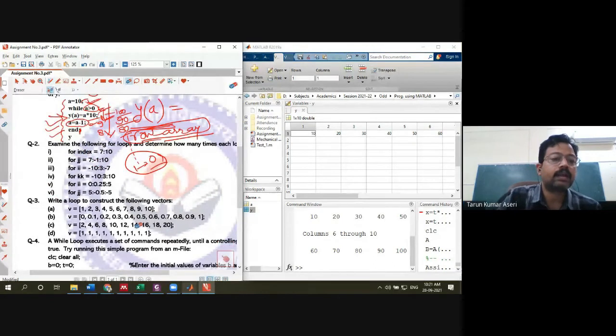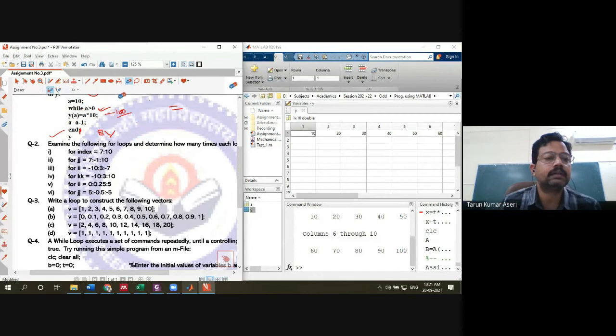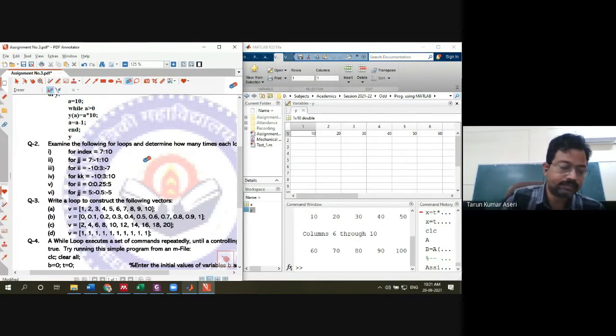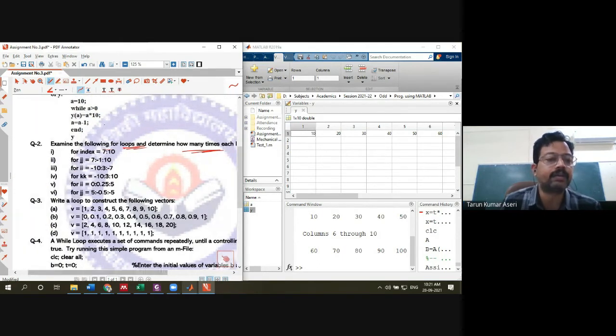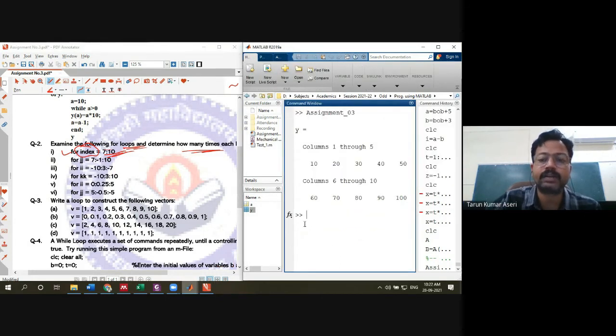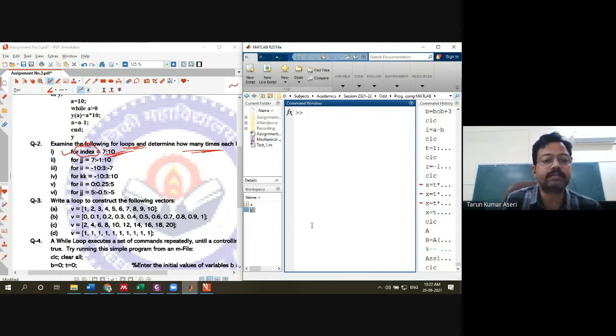In the next question, you have to perform this. Examine the following loops and determine how many times each loop is going to be executed. For example, for index is the variable, and you need to operate on the index for the values between 7 to 10.